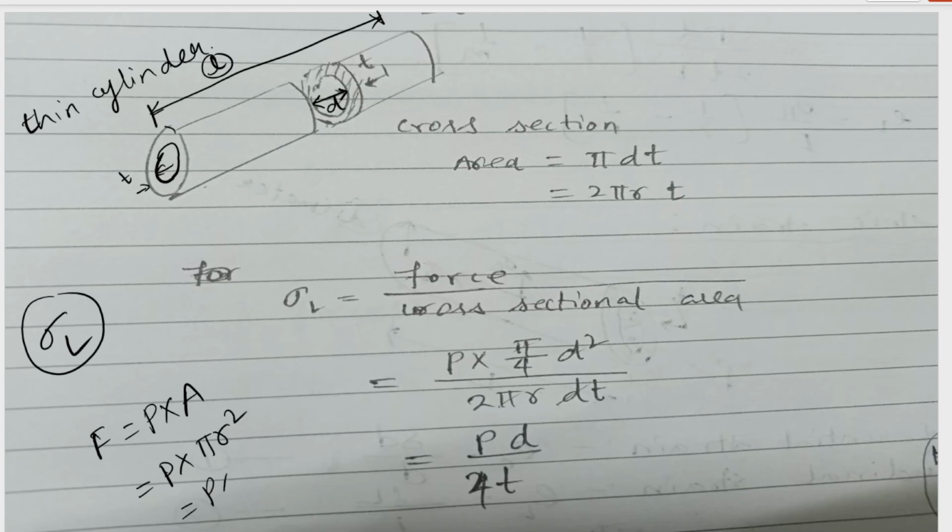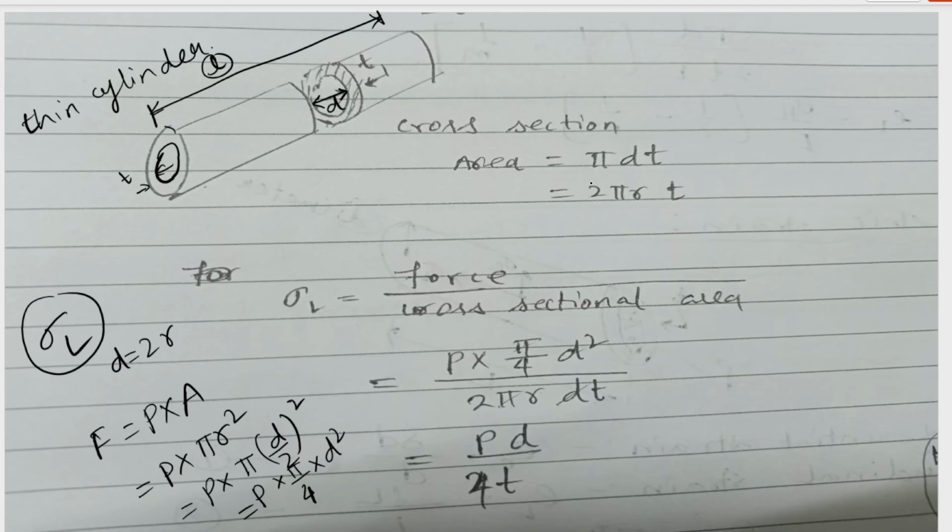And of course pressure times pi r square is equal to what? Our diameter is equal to 2 times radius, so radius equals diameter divided by 2. So I'm going to end up getting p times pi times (d by 2) whole square. So this is going to be p into pi by 4 into d square. Okay, so this is the force, and the cross-sectional area is going to be pi d t